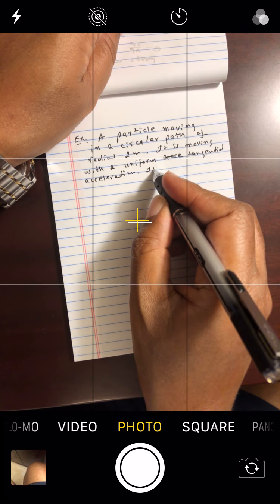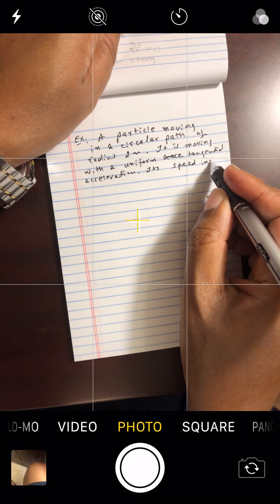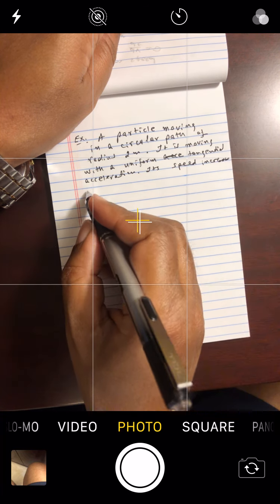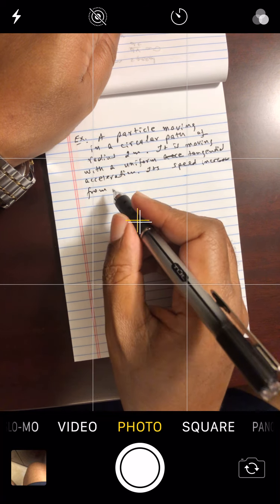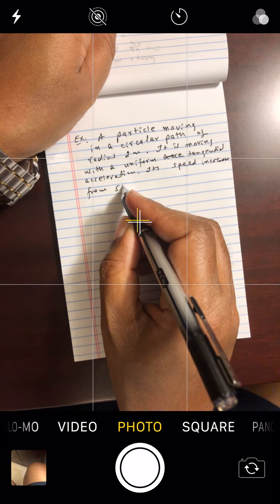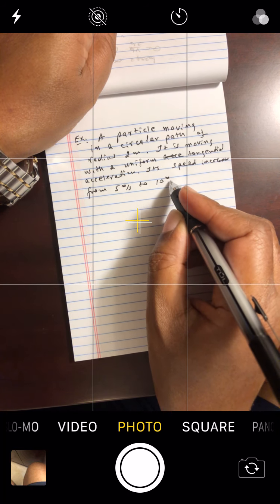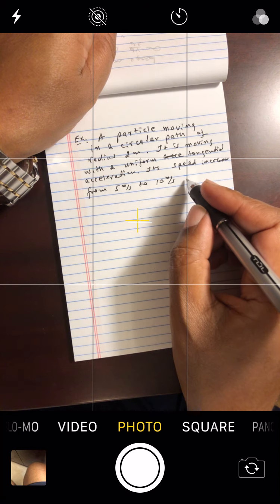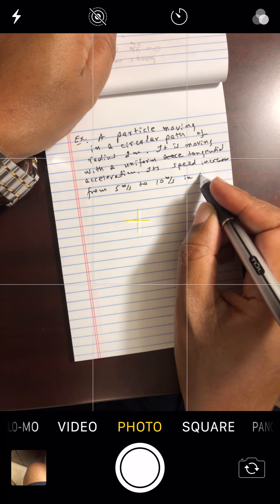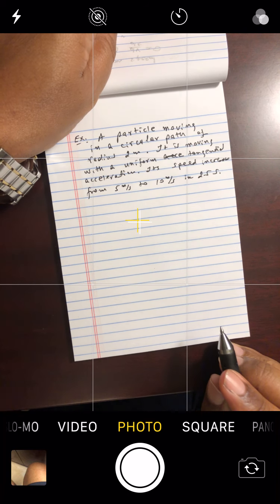Let's say its speed increases from, let's say, 5 meters per second to 10 meters per second, let's say in 2.5 seconds. Okay,